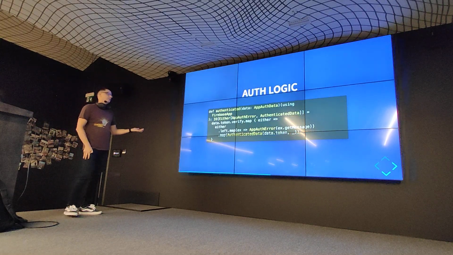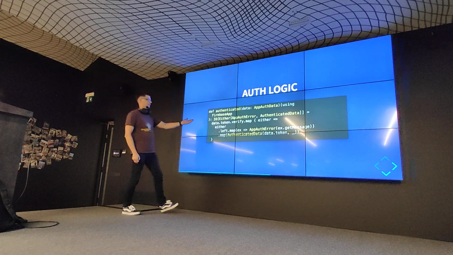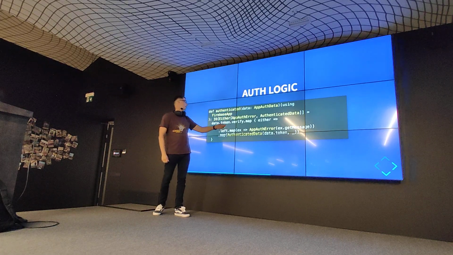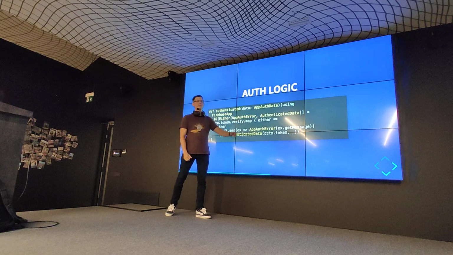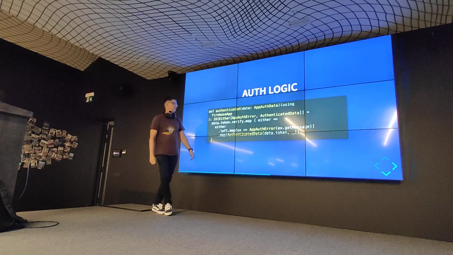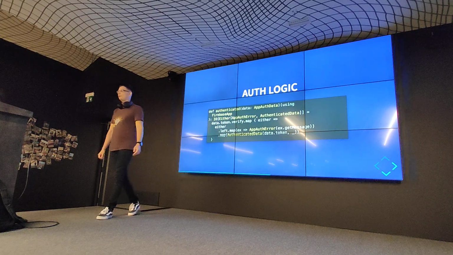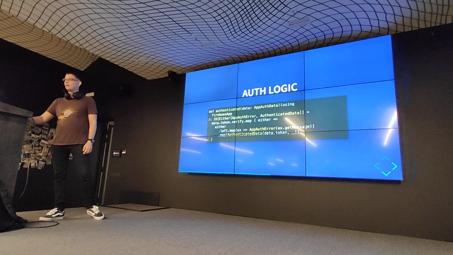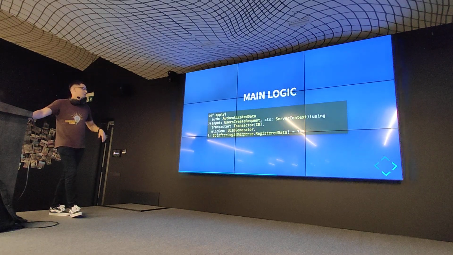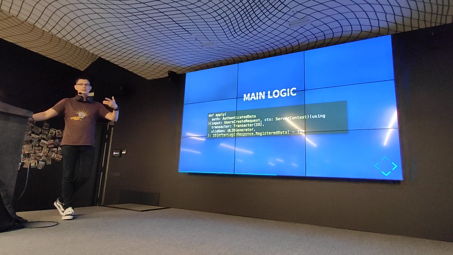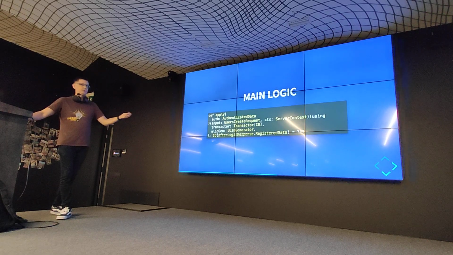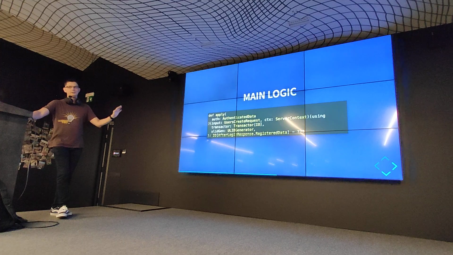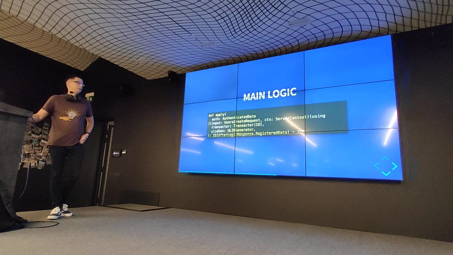The authentication logic, for example, just looks like you get your data type, and then you return either an error or something that worked, and you do whatever logic you need here. The main logic is very similar. You just get the decoded input that Tapir does that for you, and you respond with something, and Tapir handles the serialization and sending it out.